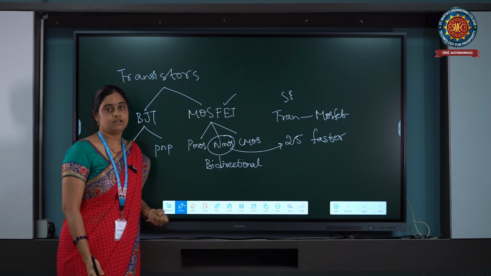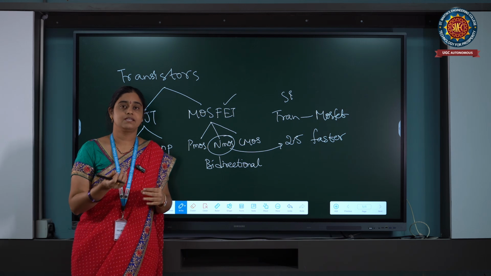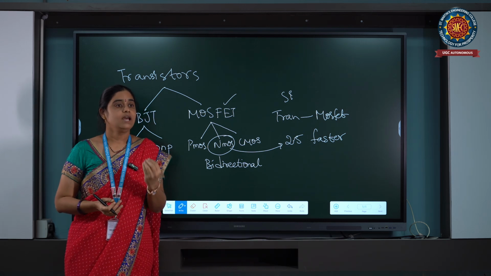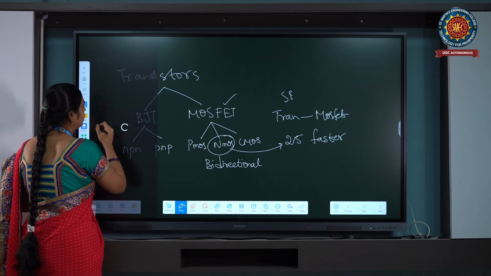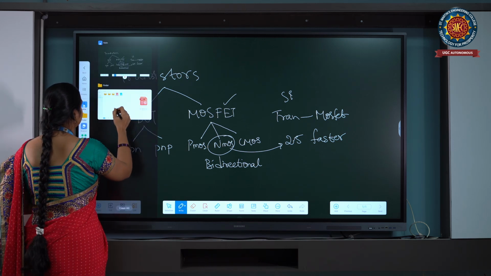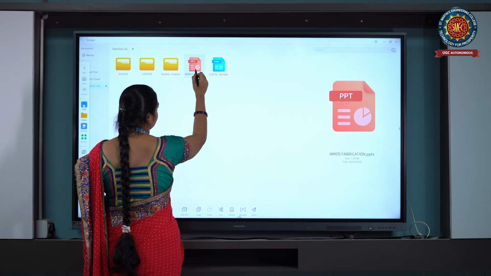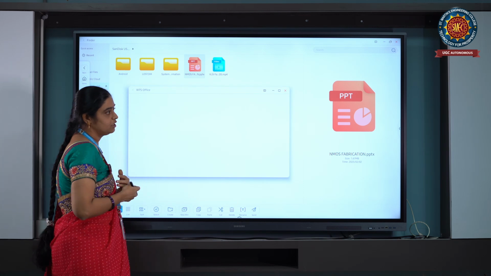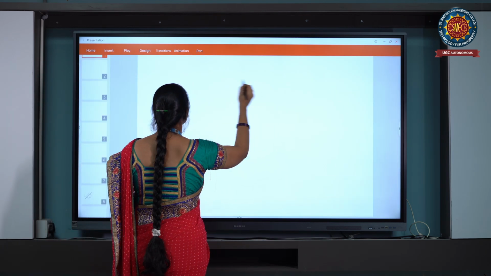So based on these advantages, on the silicon wafer, when we are manufacturing an IC, we are considering the MOSFET, and in the MOSFET, we are considering NMOS as a particular example of MOSFET. So, let us see what is the difference between PMOS and NMOS. Let us see the basic NMOS structure.